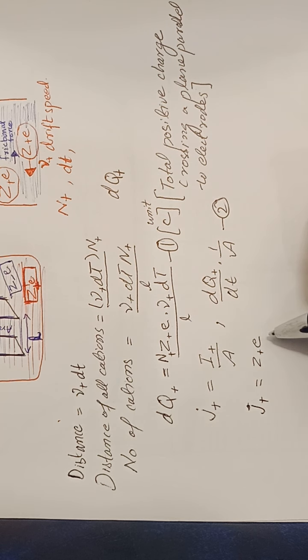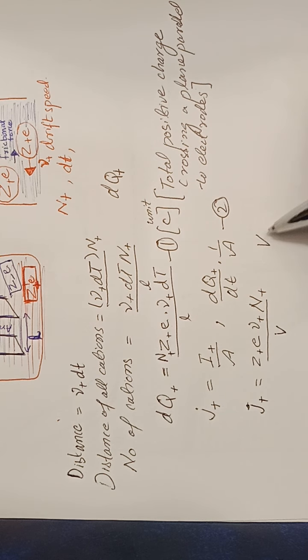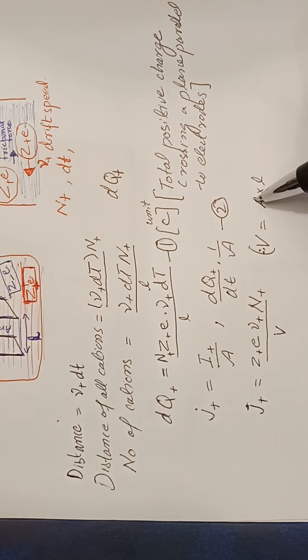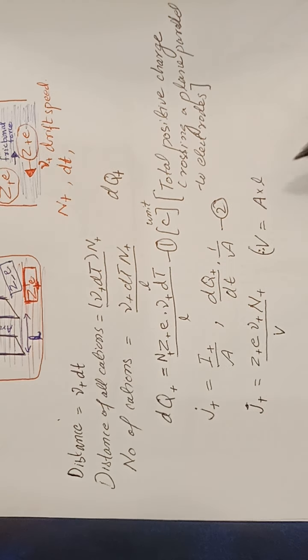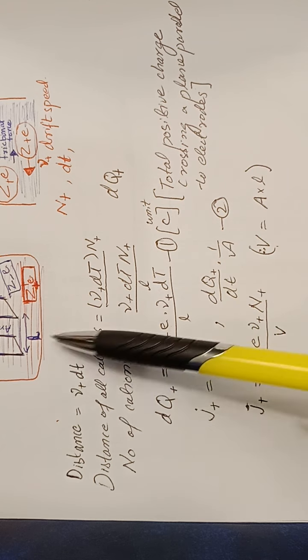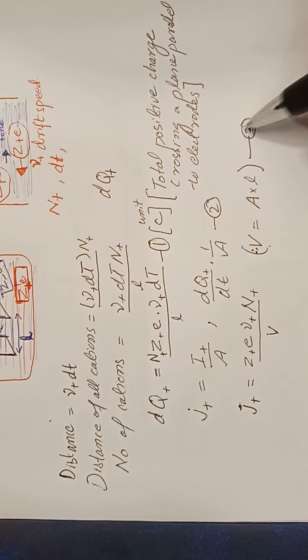the charge on each ion into drift speed and total number of charges over volume. Here volume is actually equal to the area between the two electrodes into the separation between the electrodes. So here V is the solution volume that is present between the two electrodes. So here we get equation number 3, and similarly